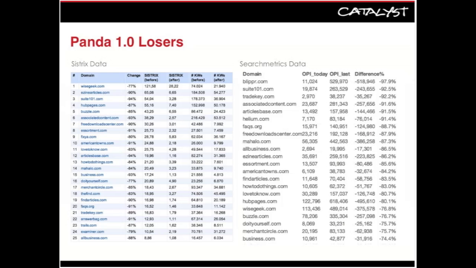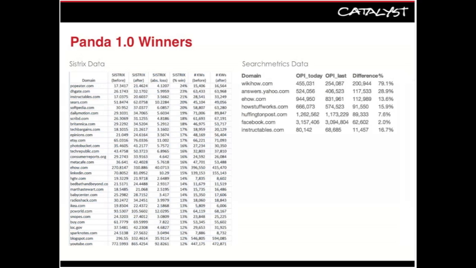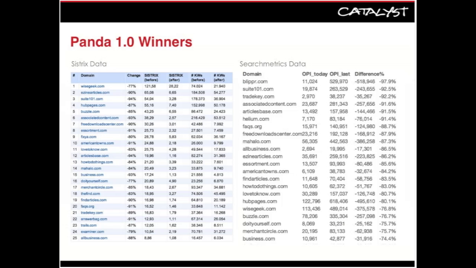But if we go back, they know what Dailymotion is. They know what eHow is. They know what Facebook is and some of these other ones. So obviously branding is a huge piece. And those websites that did not have a strong brand but had a lot of non-independent links, those are the ones that certainly got hit.